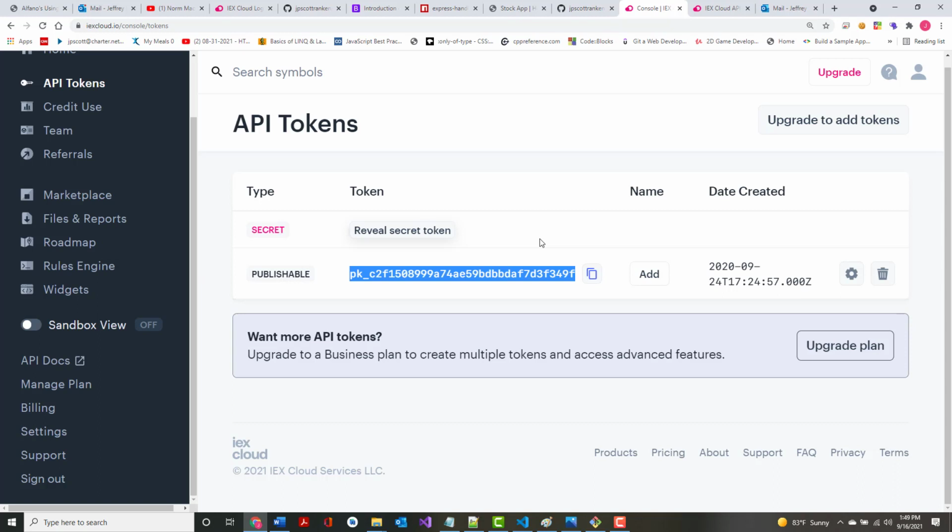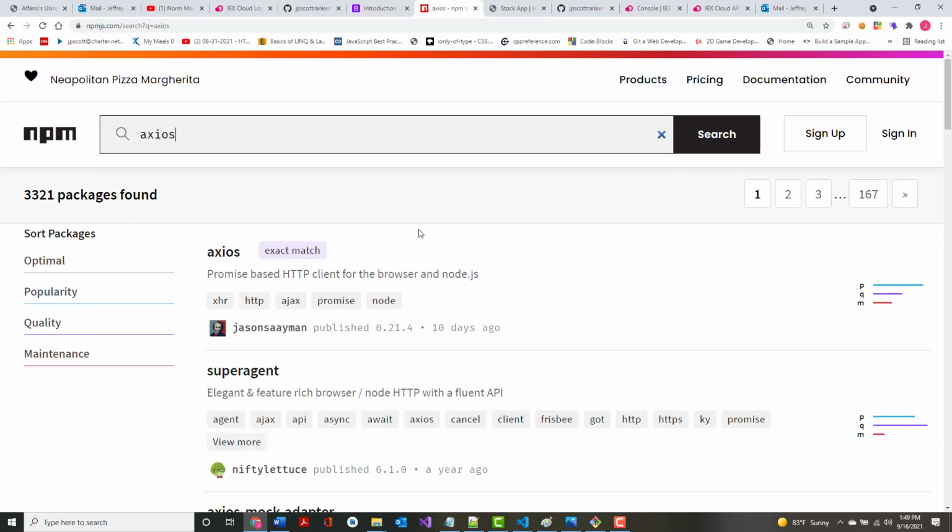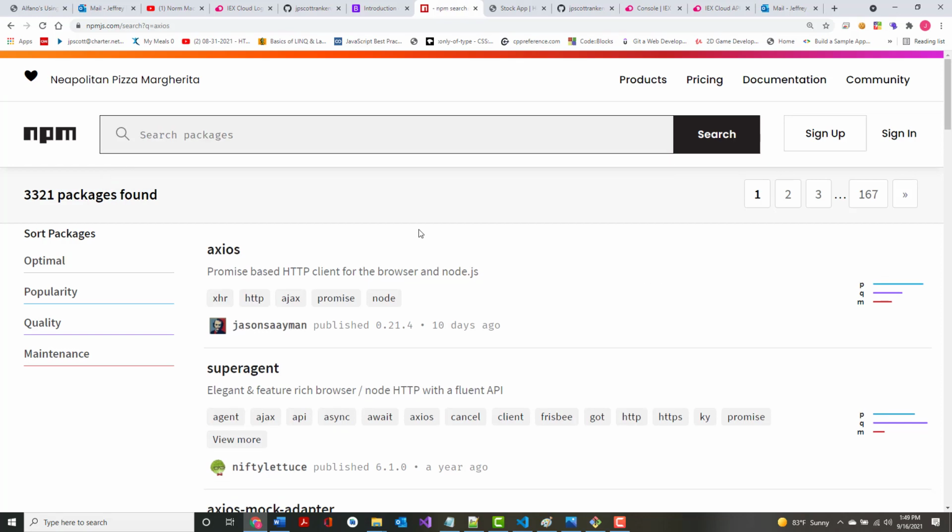And in order to do that, there's different packages. We're going to load another package in just a second. But there's different packages that you can use for that. I'm going to show you, we're not going to deal with this one, but the one that gets used quite a bit is Axios. Notice, promise-based HTTP client for the browser and Node.js. I'm not going to click that or anything else. We'll get into that later, but not right now. We're going to use one that's probably the simplest one. Why? Because I think that's the best way for you to learn it right now. And it's just called